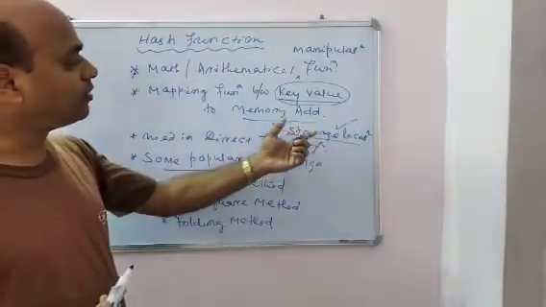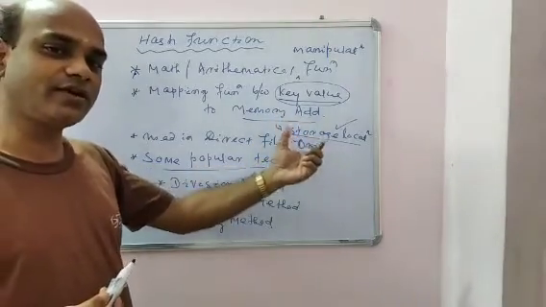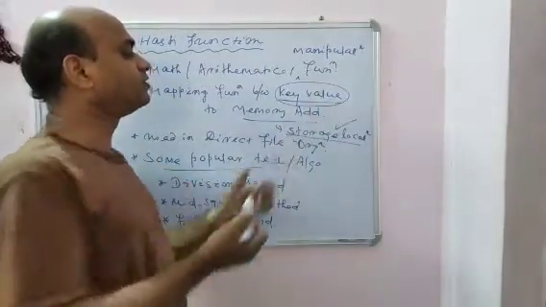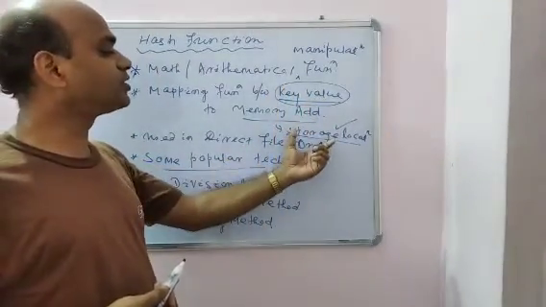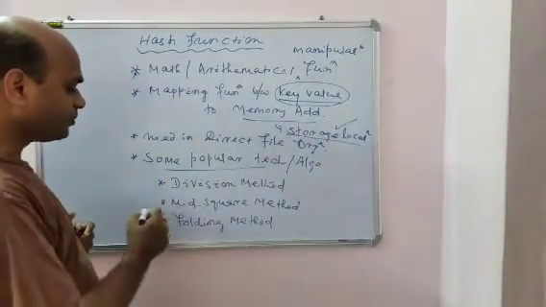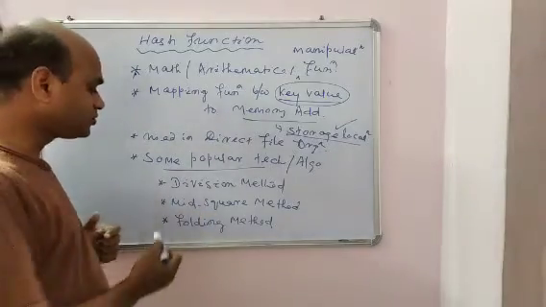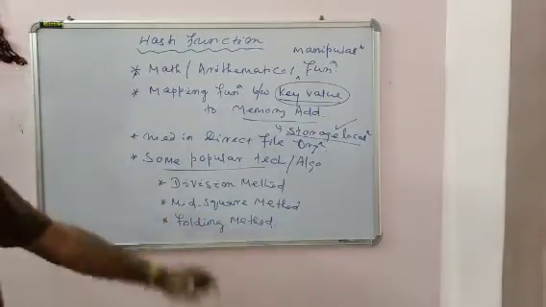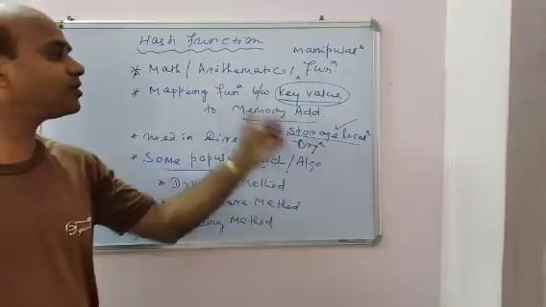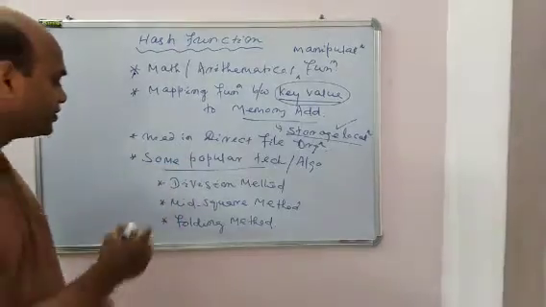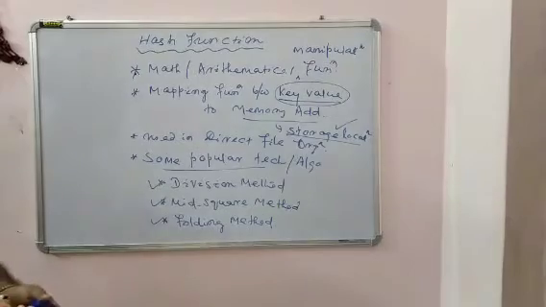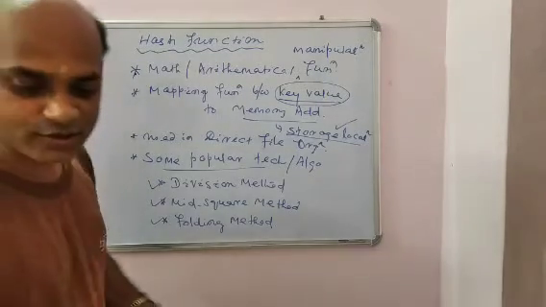To fetch records or information from this storage location, we have to use a key value. This key value will be converted to the storage location or memory address by a hash function, like the division method, mid square method, and folding method. So there are so many techniques to convert this key value to a storage location, so it is called a mapping function. As examples, we will discuss three popular types of hash function. Now we will discuss the division method.